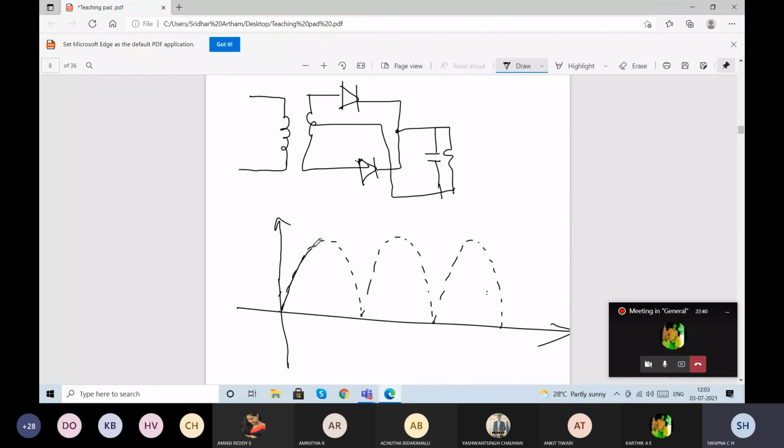Charging will happen for the positive half cycle, and when the input voltage is lesser than the capacitor voltage, it will start discharging. This is for the negative cycle: this diode will be off, and this will be on. So until this Vin becomes greater than this Vc, it will be discharging only. Then after that again it will charge, again discharge, charge, discharge. This charging and discharging will happen due to both the D1 diode and the D2 diode.